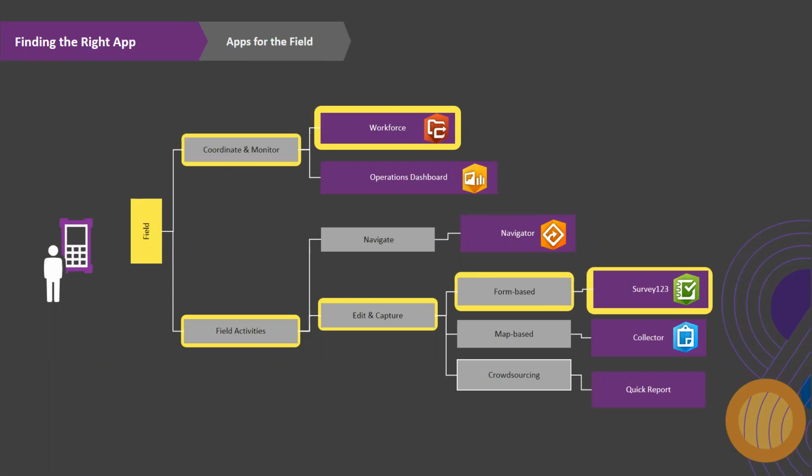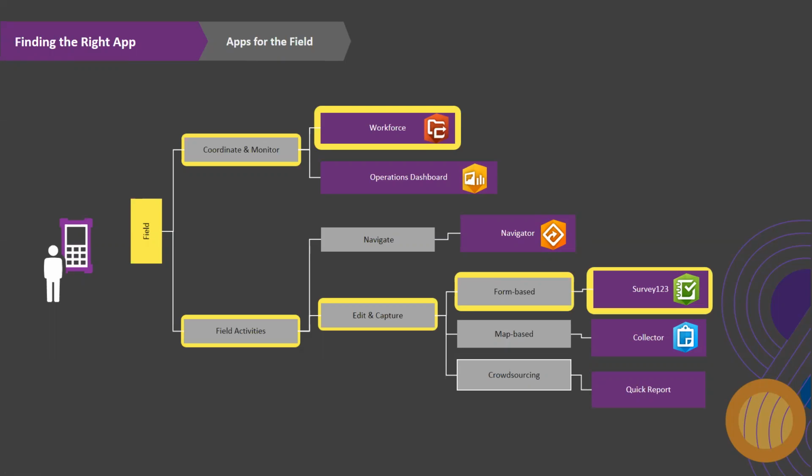And finally, if you would like to involve the public and have a form of crowdsourcing of information to know your target market perhaps, or to gather information from an existing parameter that you are maintaining or the industry that you are involved in, then you can make use of the quick report template through App Studio for ArcGIS.